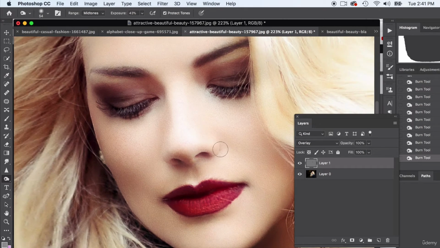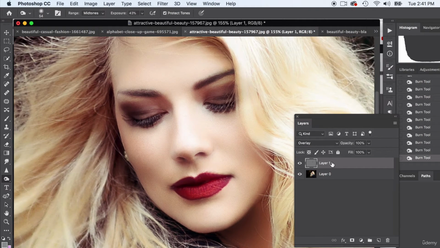And at any point I think I overdid it or I messed up, you can always reduce the opacity or eliminate this layer altogether and do it again. So that's what's great. I still have my original photo here. I just click on here. I can actually reduce the opacity if I think it's too much, or go back. So we can toggle this off and on. That's kind of our